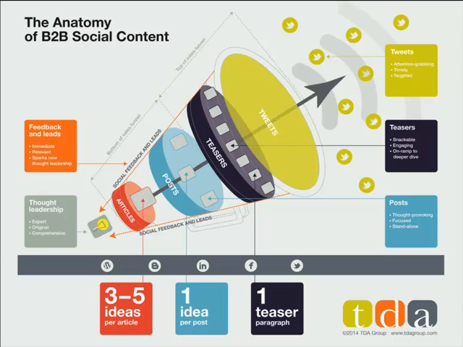Okay, so this is the anatomy of B2B social content. And you can see that there are different kinds of content for use at different parts of the sales funnel. The very top of the funnel, you'll see very short form content that's designed to be arresting and widely distributed, capture attention, and be designed to flow through lots of different channels that are designed to reach each of your key audiences. In the middle of the funnel, you'll find content that is designed to provide a little more information, a little more explanation, and will satisfy the curiosity that new prospects and people new to your brand might have.